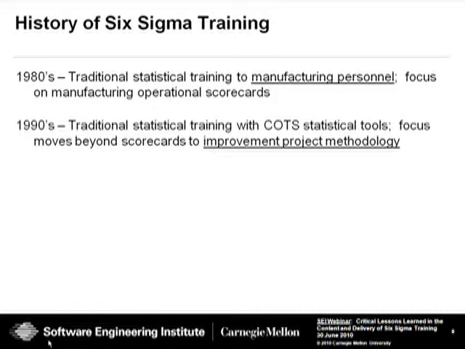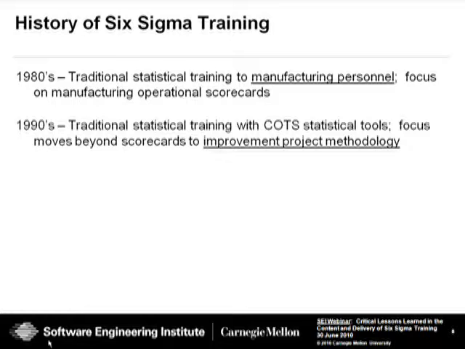In the 1990s, there was generally a shift to more tools being involved in the training, commercial off-the-shelf tools, and a focus that went beyond scorecards and actually implemented notions of improvement methodologies such as the DMAIC methodology that most